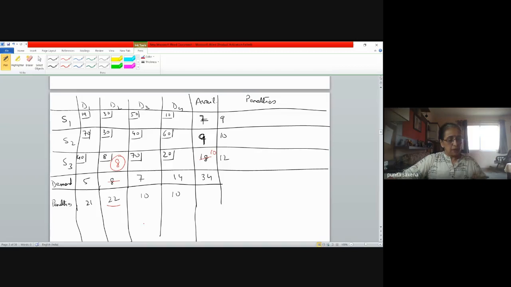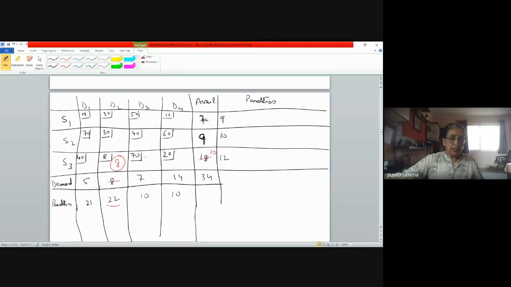Now, that is my next step. We adjust the supply and demand. That's what we have done. We adjust in the sense that we strike off what is exhausted, and we just write the remaining balance, which can be further allocated. So we adjust the supply and demand, and we cross out the satisfied row or column. Satisfied means exhausted. So this is your third step: adjust the supply and demand and cross out the satisfied row or column.